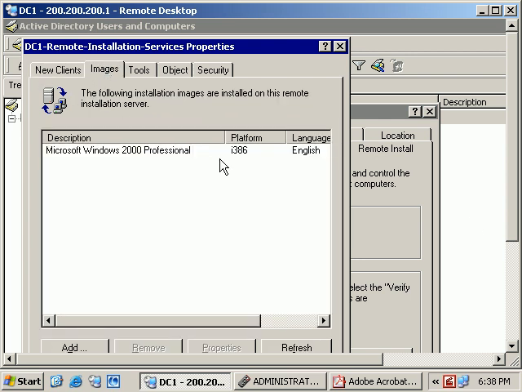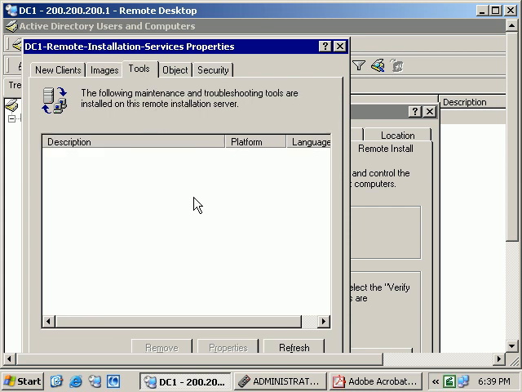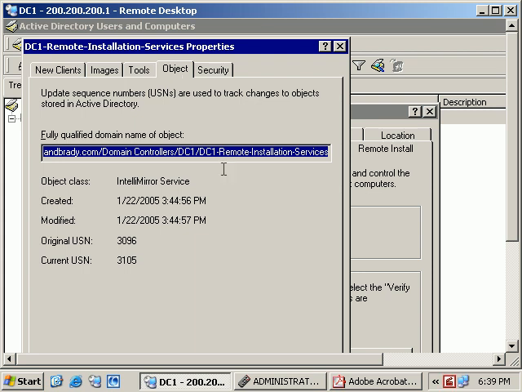The second tab is the images tab, which basically lists all the images that are present. Currently we just have one image, hence you just see one item. In fact, we're going to create a second image, and once that is done, you will see a second item that is created over here for us. Also, if you recall, there is a separate folder created for each image, and I'm going to take you back over to those folders soon. The next tab is the Tools tab. If you have any third-party software that is used for maintenance or troubleshooting, that can be controlled from here as well. Then the next tab is the Object tab,